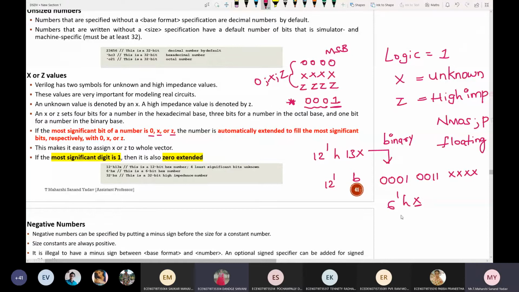Simply, this X indicates how many digits? 6 or 4? Here 6, you check this one. Whereas here why I have taken as 4? Because here size I have mentioned as 12. So here 4 plus 4 is 8. Remaining is 4. See, 4, 8, 12. Whereas here the size I've mentioned as 6. So simply extend this one 6 times.